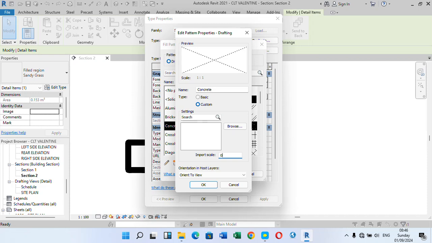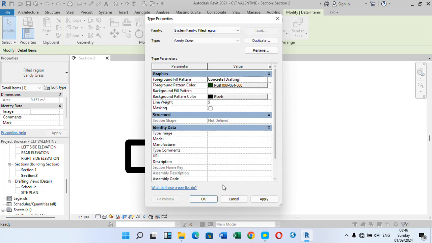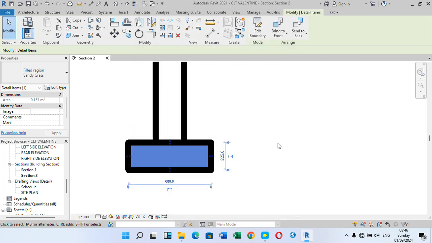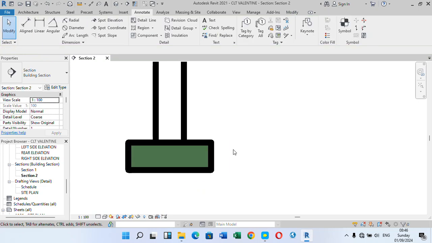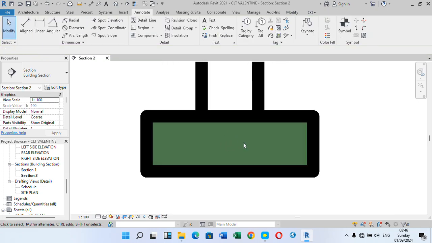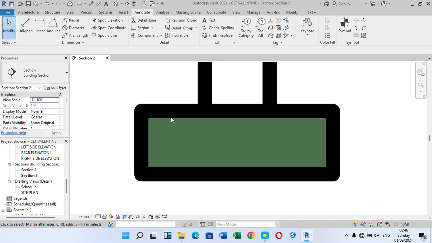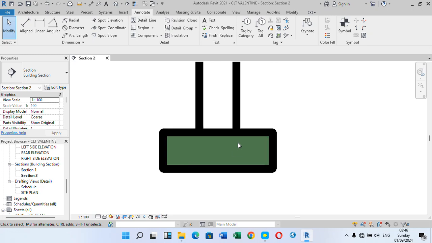Let's see. 0.5, that is half of the original scale. Then click OK, click OK again, click OK again, then click on modify. Now you can see it has filled up the entire space. This is not the scale we're looking for. All right, so we're going to go back. Perhaps the scale is too small. Let's increase it to